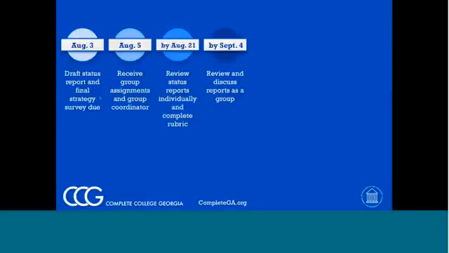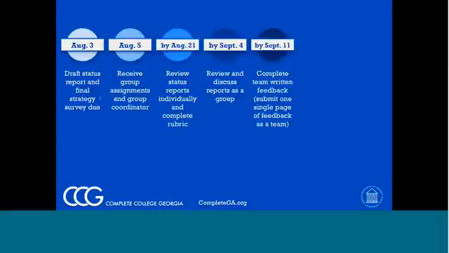So by the 21st, have your rubrics completed, and by the 4th, have your reports discussed as a group, so that by the 11th, the week after that, you can submit the feedback as a group. That should give you enough time to make this comfortable and easy to do, and it also gives us enough time to make sure that the feedback is able to go on through the process.